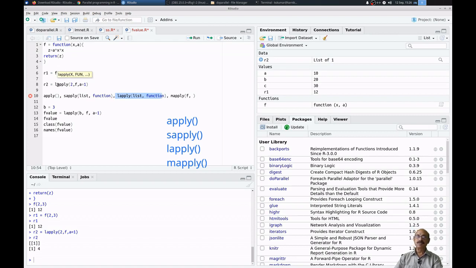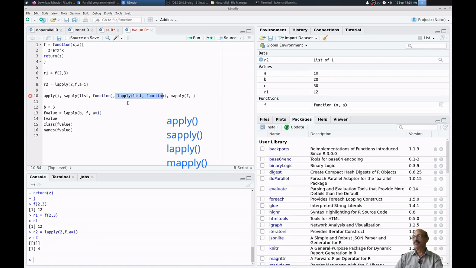That is good, because if you have more than one value to return, you can return them as a list. The advantage of a list is that you can combine both character strings and numerical values. You can put several things together and return them from the function.